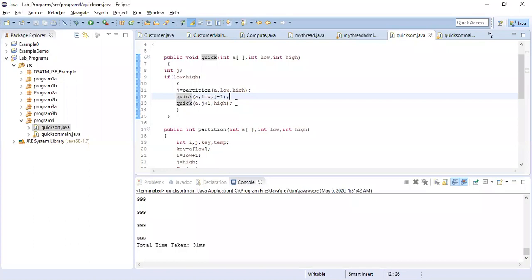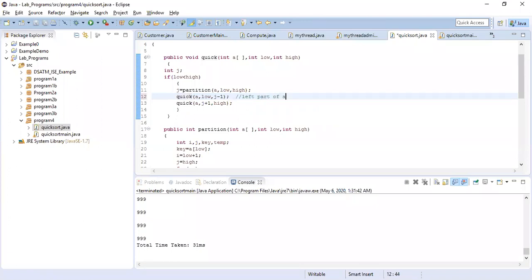I'm just keeping that element aside, which means it is kept in the middle. The first part of the array, what I just said, is the left part of the array, whatever you have passed.